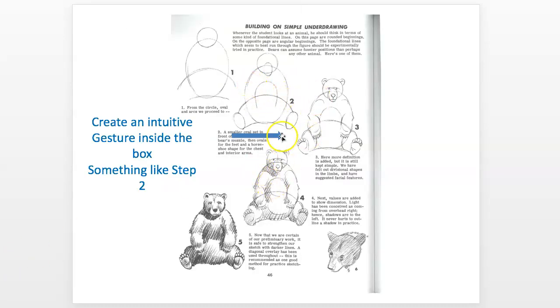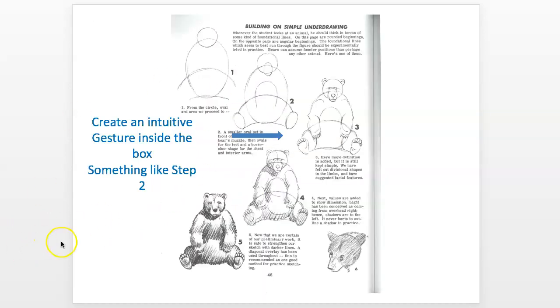Inside of that box, you're going to do what we call an intuitive gesture. A gesture drawing is sort of a light drawing. It doesn't have to be sketchy, as in hairy lines, but it's a light sort of drawing that's just done inside. This would be an example, just having the circles and building it up. These are all what doing a gesture drawing would be like. You do it inside of that